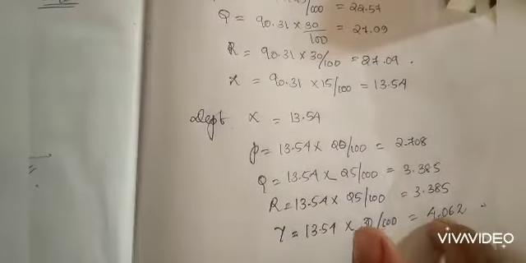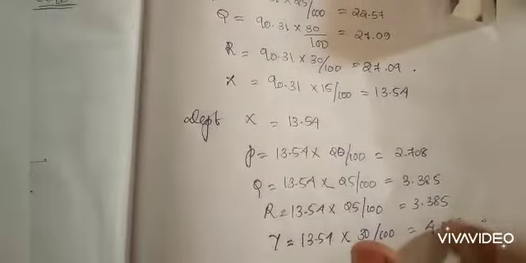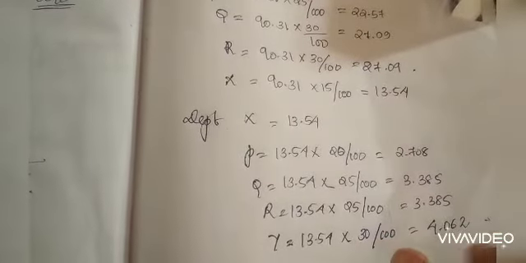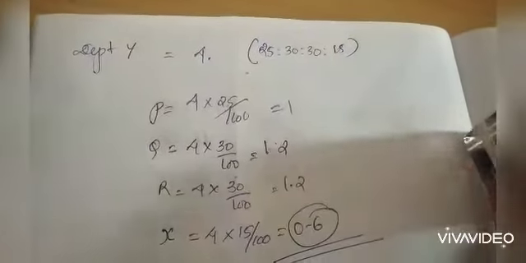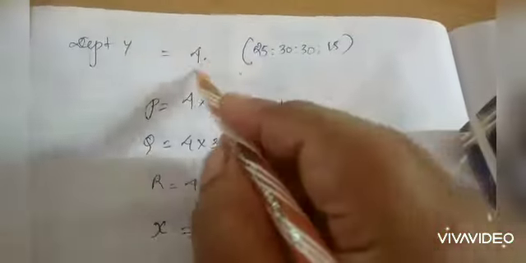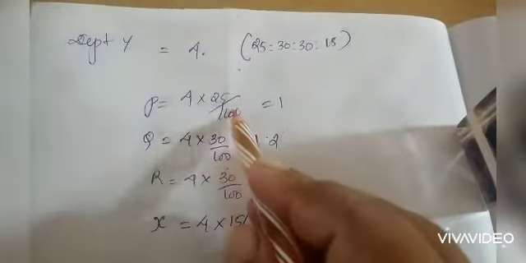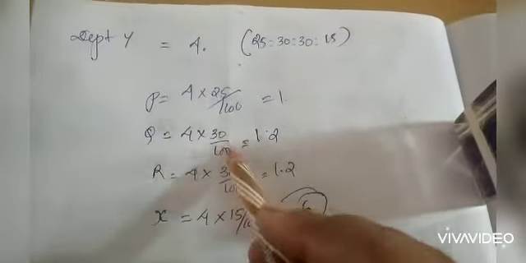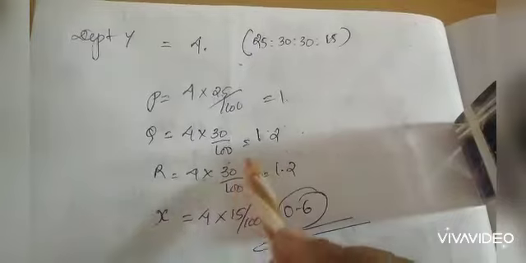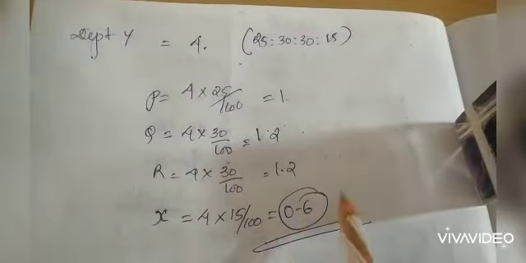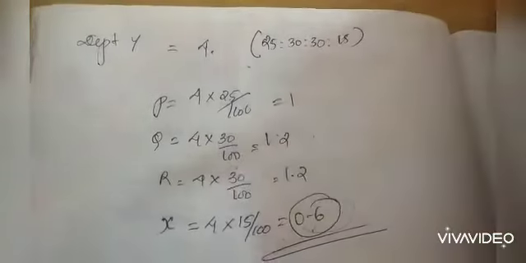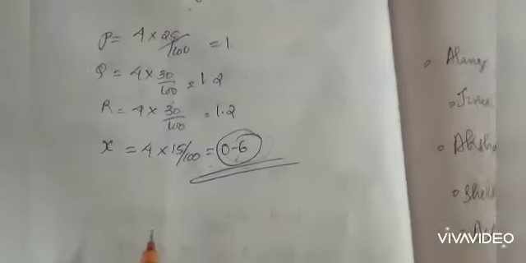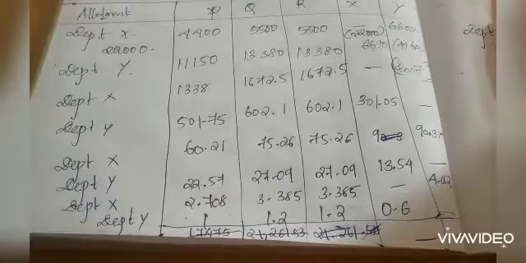So I am now showing all the answers in one stretch because we are using the same similar steps. Until we get 0.6 or 1 for X or Y, we have to continue the same problem. When the X value reaches a negligible amount, here the X value is 0.6, we will stop the problem and we will complete the table. So this is the completed format of the table.